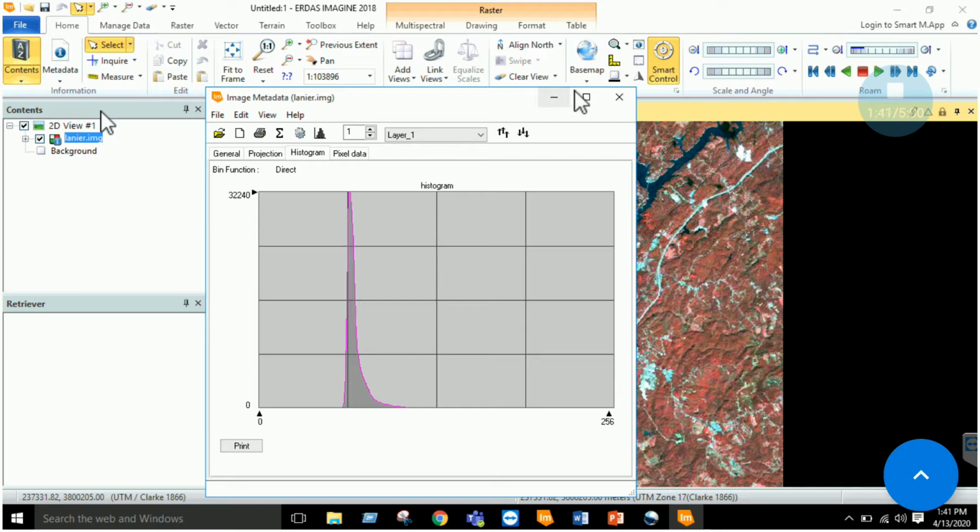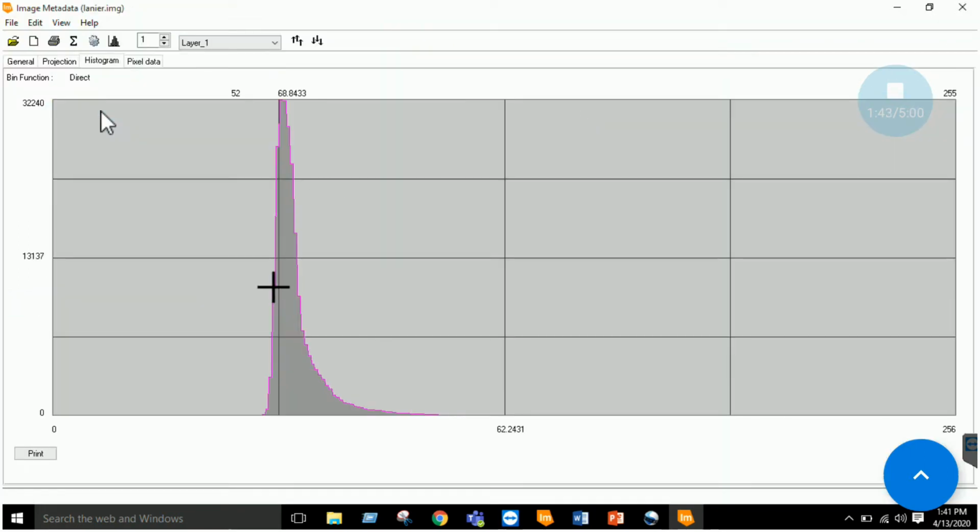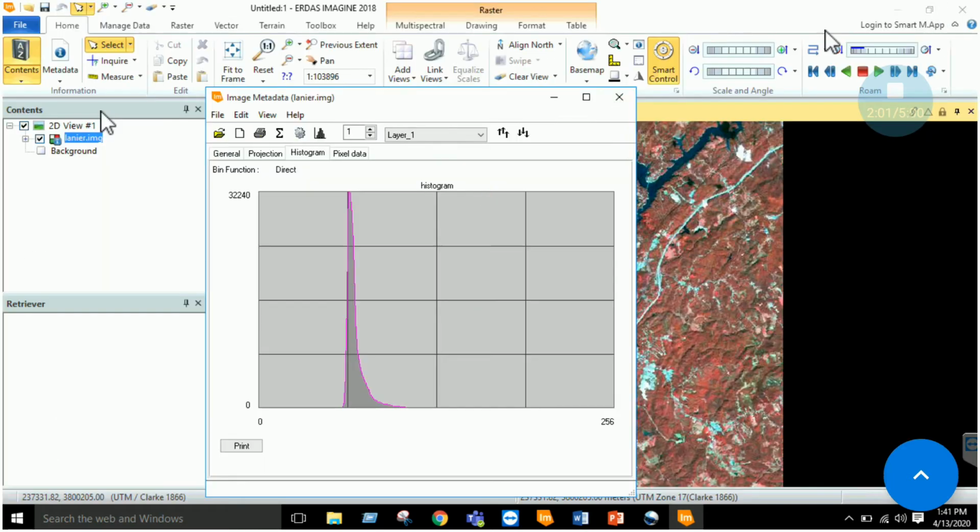For example, if you maximize it and just click over here, this value is repeating 27088 times, right? Interpreting a histogram is very important. For example, this value is 64. If you can see here, 64 is repeating 27,000 times.